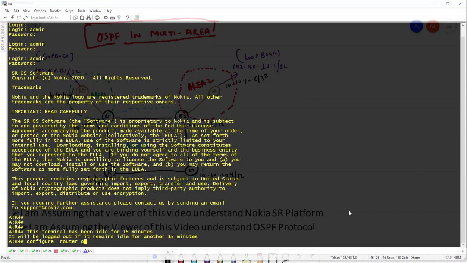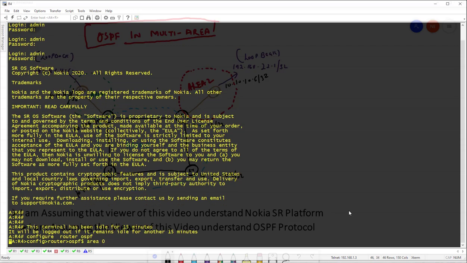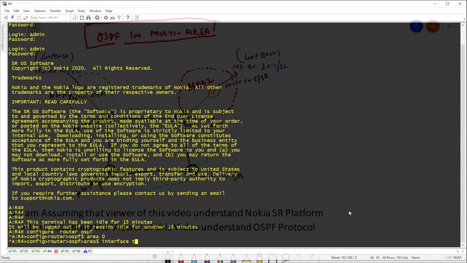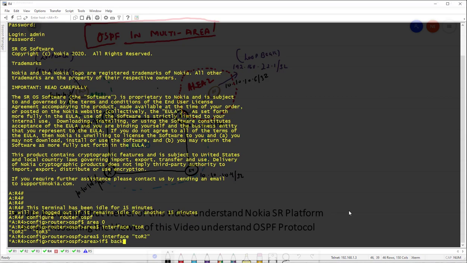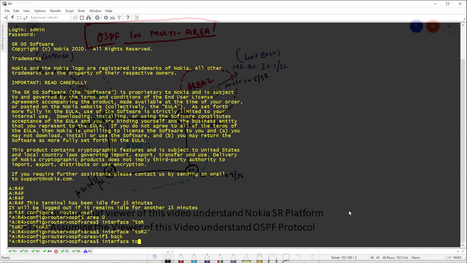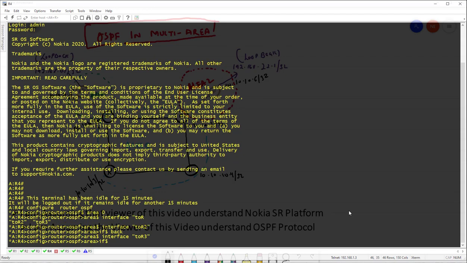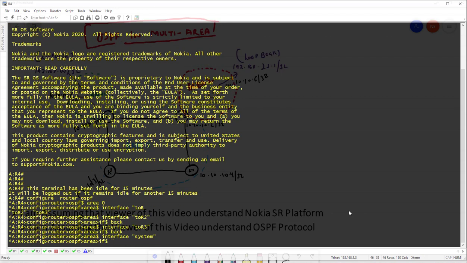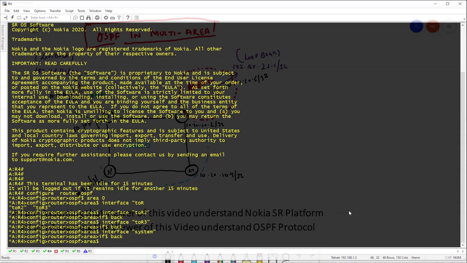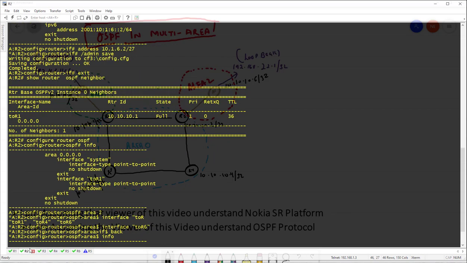Configure router OSPF neighbor. Configure router OSPF area 0, interface to R2, back interface to R3, back interface system back on R2. We need to check